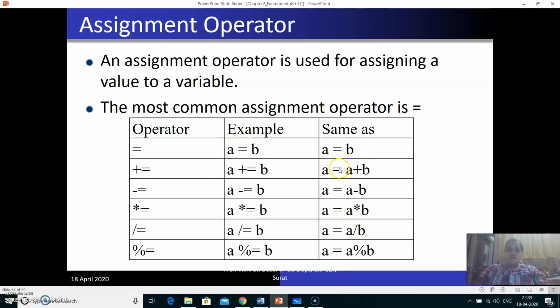Same way, if you want to perform a = a + b, in another way you can write the assignment operator with the plus. But here you have to write a += b. Means first you have to write the operator and then the assignment. So your result or final operation will be same as a = a + b. Whenever you are writing this type of notation, that is first the operator and second the assignment, that representation is known as a shorthand notation of the operator.